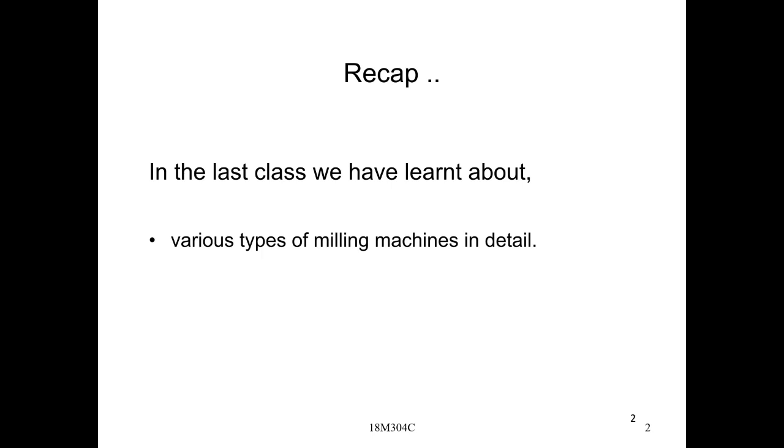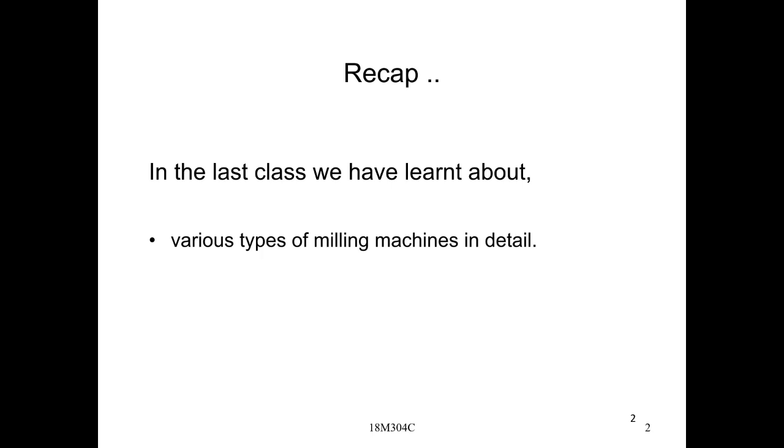Milling is the process of machining, and it is done with the help of a milling machine. It is one of the conventional machines, and it is used to remove the maximum amount of material from the workpiece. It is one of the versatile performers, right? Versatile performer. And next one, what is the principle of the milling machine?